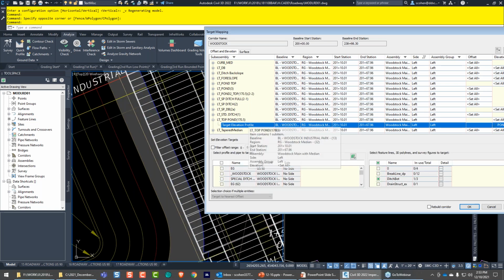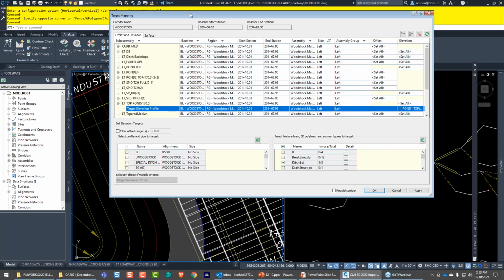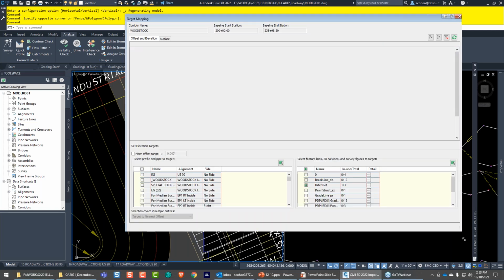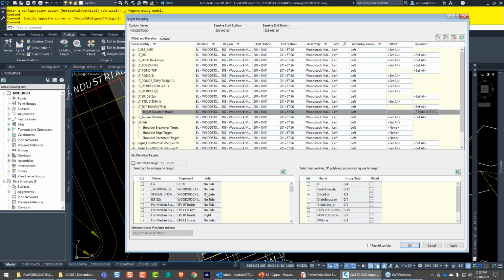But when you click an actual target, whether it's a horizontal or vertical, a width target or an elevation target, you'll notice that on the bottom here, it updates. So in the past, you had this drop down, right? You could pick alignments, or like, well, this one's an elevation target. Let's pick a